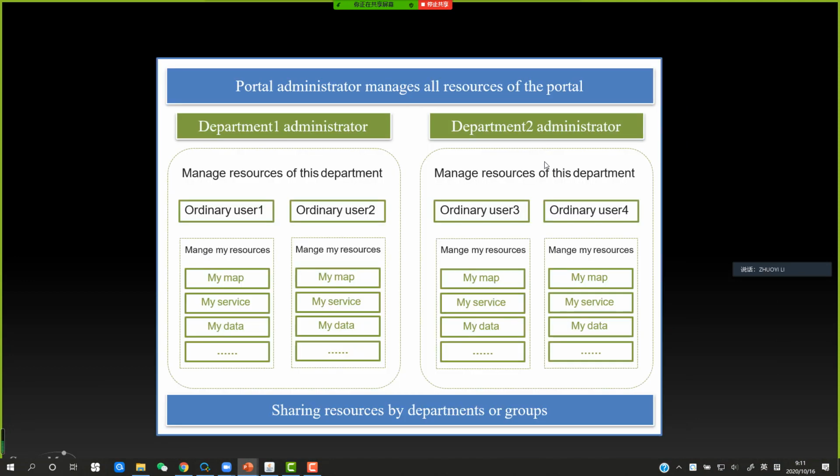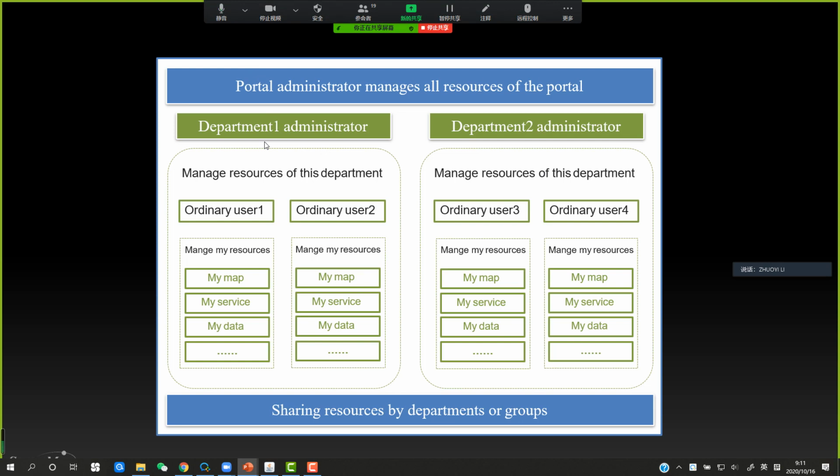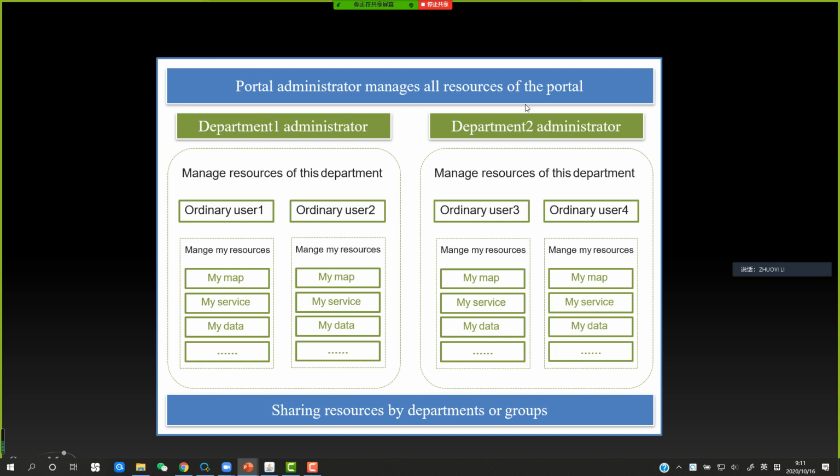Okay, and that is a way to manage our resources, and that is how the portal administrator manages all the resources of the portal. So you could create a group, one for the department one administrator, and in the department one administrator, you could